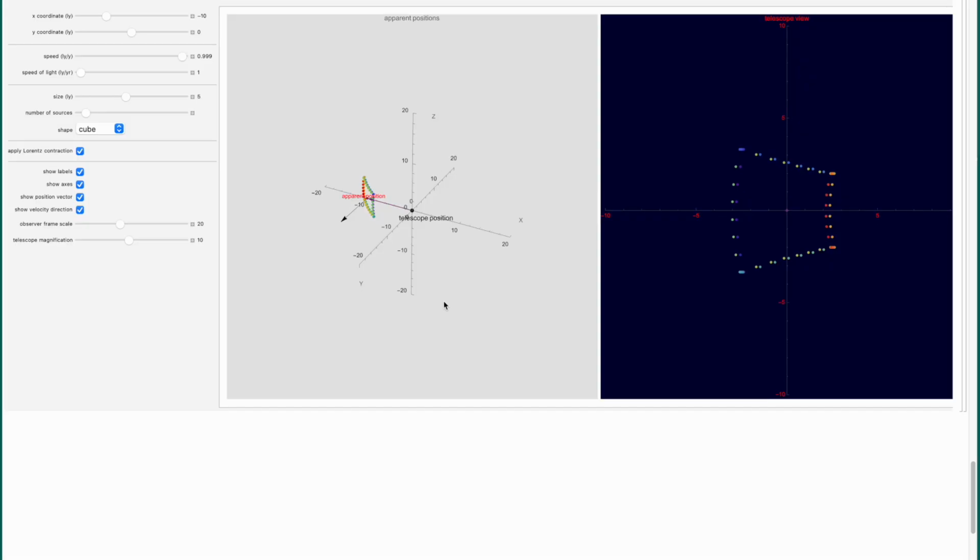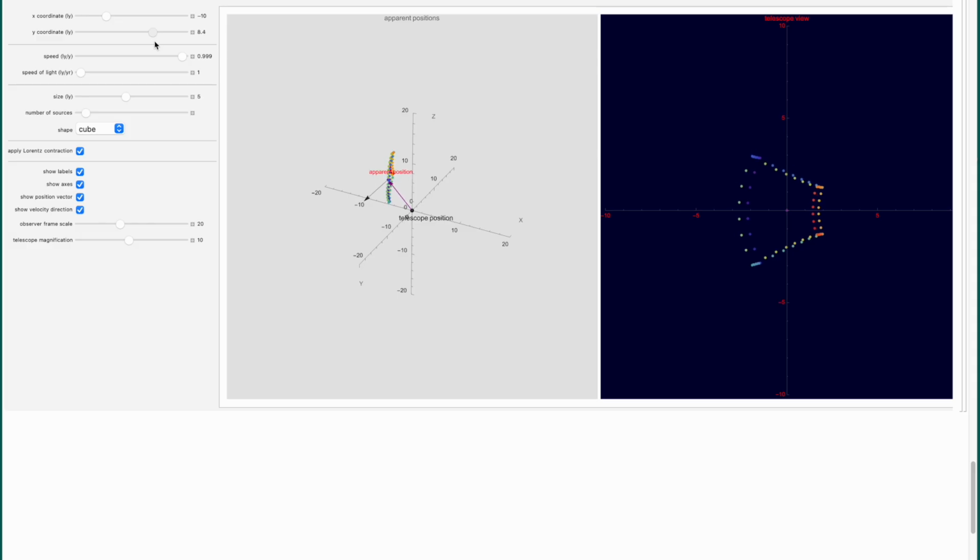Another thing we can do is to change the position of this thing. So let's now change the position of this cube while maintaining this very high velocity of 0.999 times the speed of light. So we're very near the speed of light. Okay, and we're going to change the y coordinate. Just to be clear, this is the velocity direction. So the object is moving toward the lower left. Okay, so let's now change the position of this thing. We'll start by moving it backward, if you will. Sorry, that's not backward, this is backward.